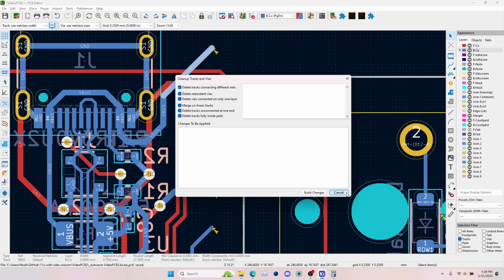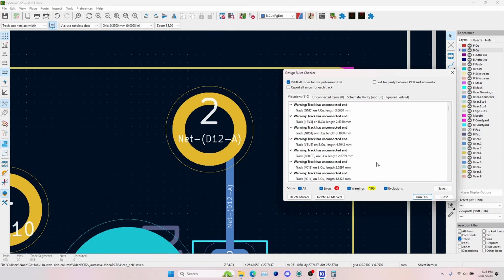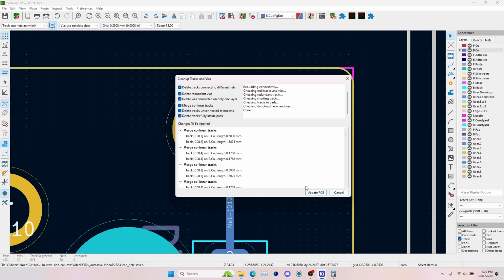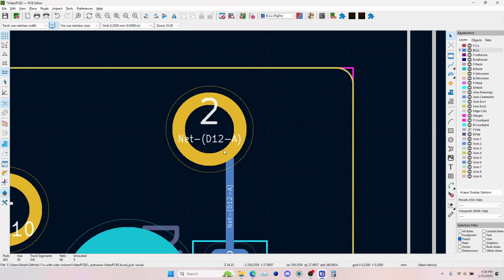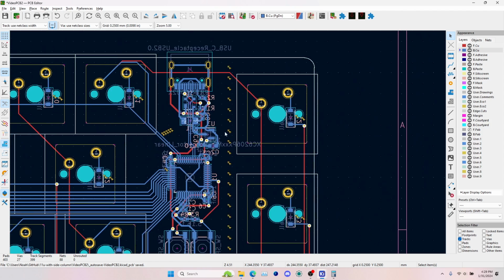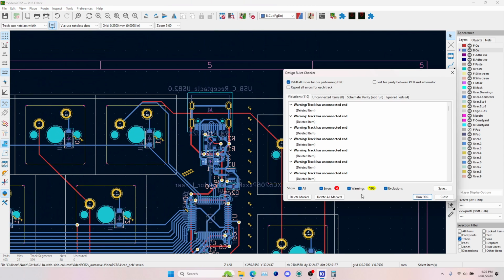So to show you, there is a track inside this pad, right? If we run our tools, clean up tracks and vias, and we update the PCB, now there is no longer a track inside this pad. I cannot select one, right? So everything's cleaned up. All of the extraneous connections we did not use are deleted. So if we run our DRC again, half of those warnings are gone, which is great. So let's fix the other 80 warnings, which are all about